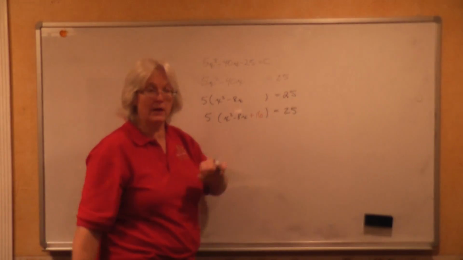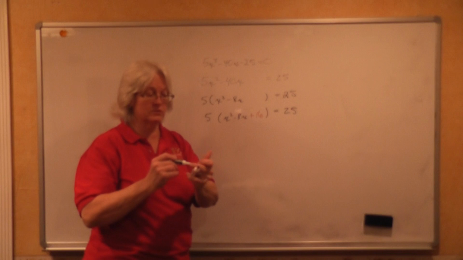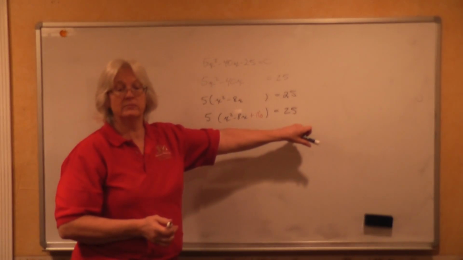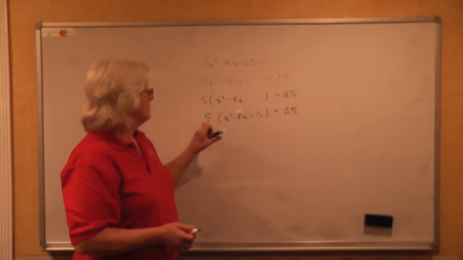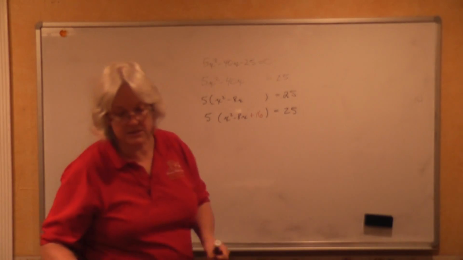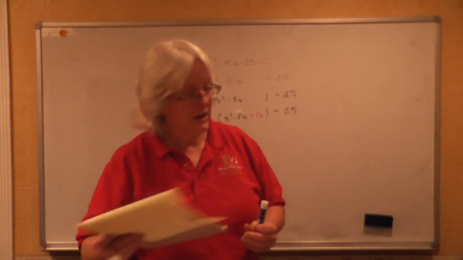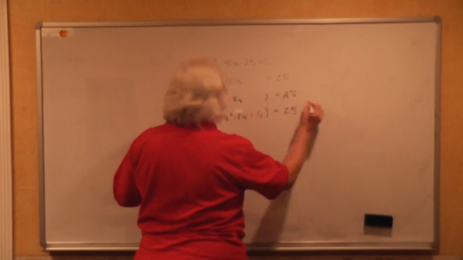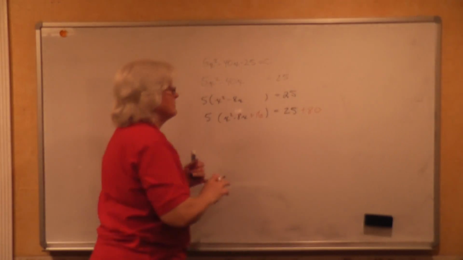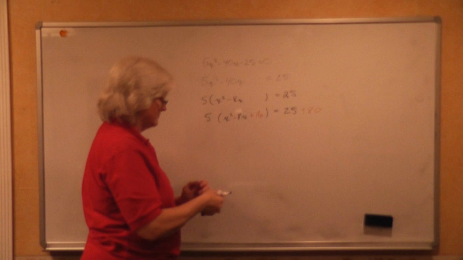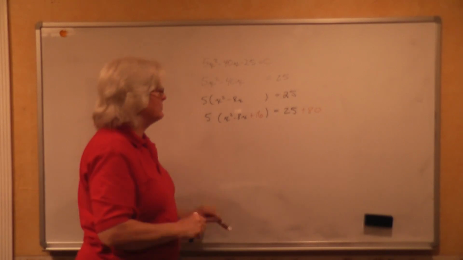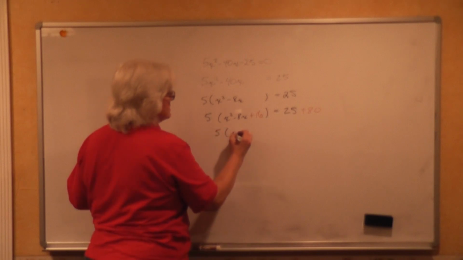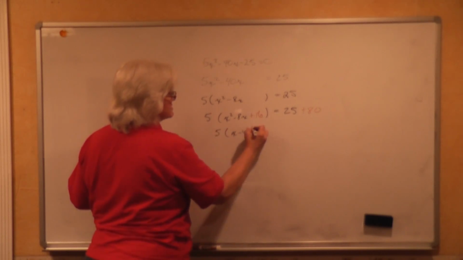No, your equation's out of balance. So we have to add something to this right-hand side of this equation. Well, we add 16, right? Nope. We add 5 times 16, which is 80, so that we end up with a sum on the right-hand side of this equation of 105. See if I can keep up with my markers here. 5 times x minus 4 squared